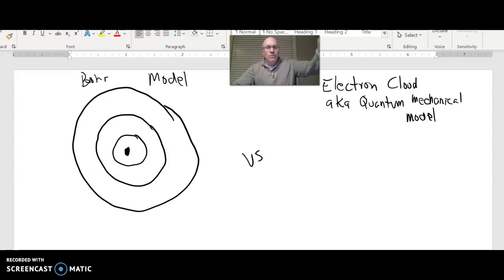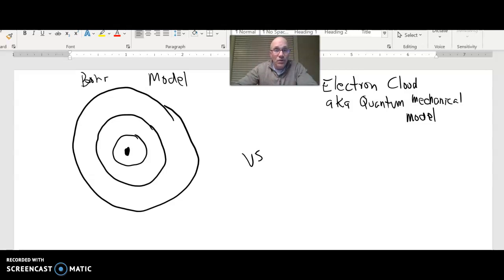So the next thing that we talked about, after we talked about basic atomic structure, was the location of the electrons. All right, and this is a subject that has evolved over time. It started off with an original idea of how the electrons were arranged in an atom. All right, so we knew that there was a nucleus, we knew that there was electrons outside of that nucleus, but we didn't exactly know how those electrons were arranged. The first idea was this Bohr model,